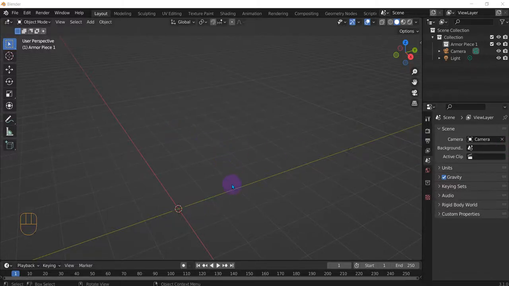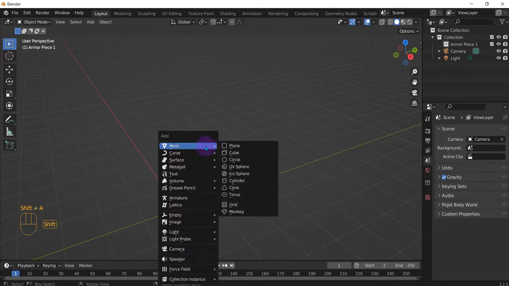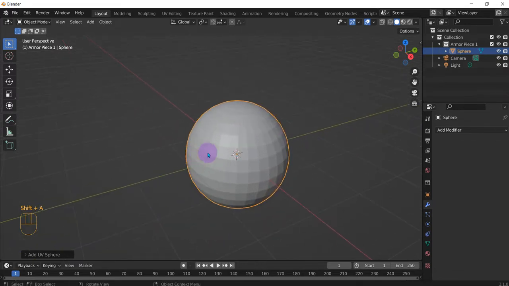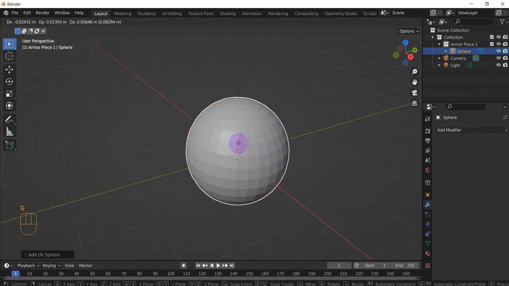For this Blender how-to video, we're gonna do how to change the pivot point to properly resize. So first things first, let's create a scenario. So Shift A, UV sphere, G C up,